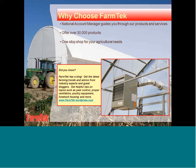We do offer a lot of things along with these heaters. We sell all the thermostats. We do offer a lot of different controls that can control these buildings, iGrow systems. We do sell those where you can actually even control your temperatures on a greenhouse or a building right from your smartphone through the iGrow system, which is very cool, and a lot of folks are doing that. Which is really nice, and you can monitor